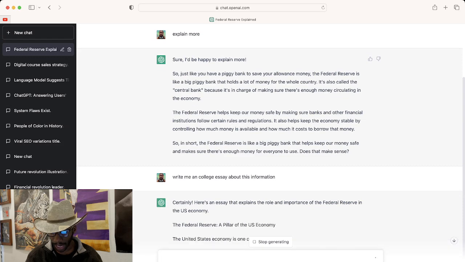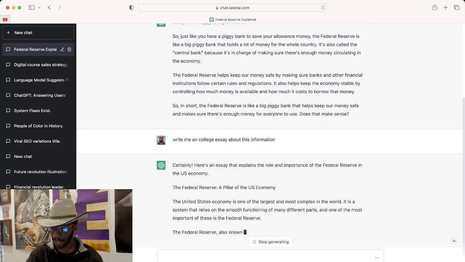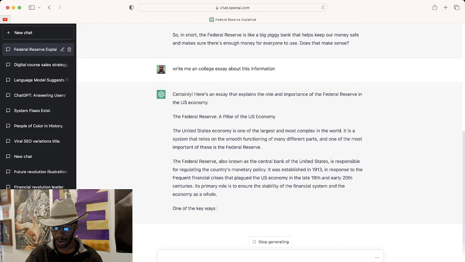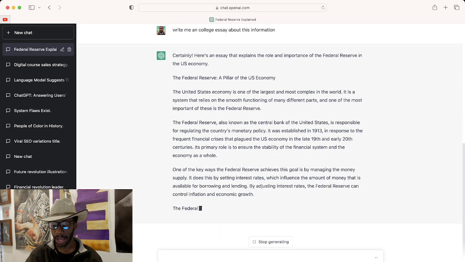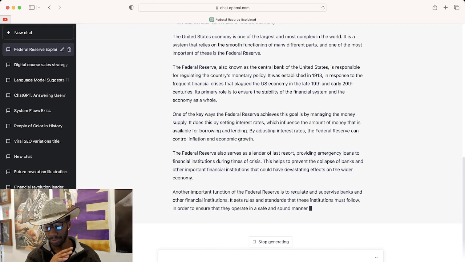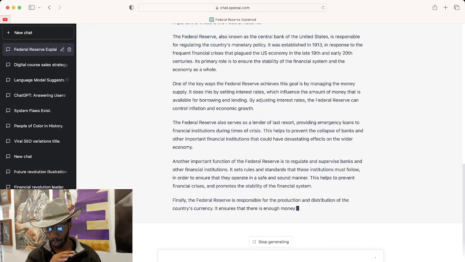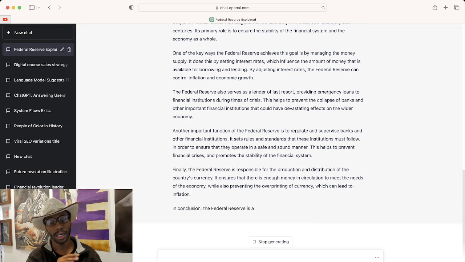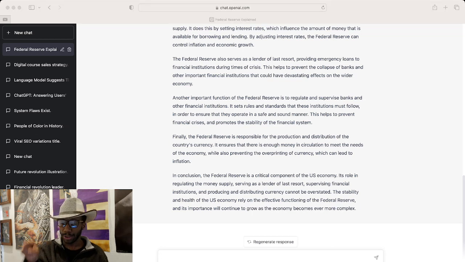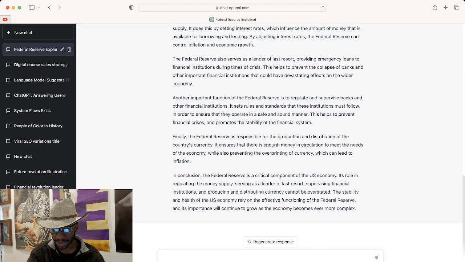Here's an essay. Oh my God, they gave me a college essay. I'm not even in college anymore. Look at this, a whole college essay. If you're in school and you've got homework, or you're in any job where you have to write, use this right now. Stop playing and use this, because this is insane. You can tell it to easily continue.